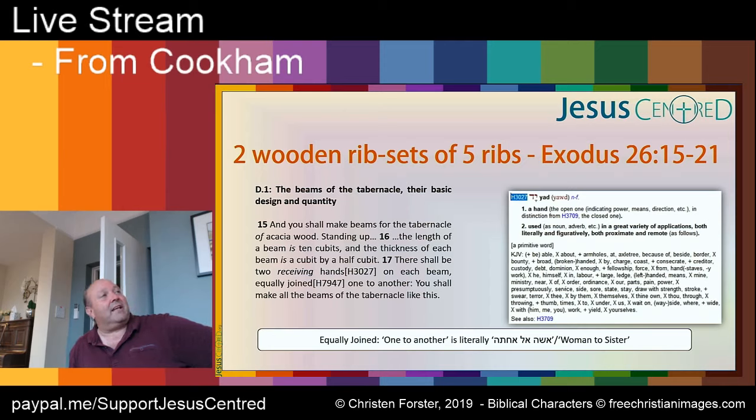Actually, the literal thing, which you'll see in translations saying things like "to one another", literally means woman to sister. So female hand is actually the literal thing: what we translate as one to another is woman to sister. So it clearly understands them in a female way, if I can put it that way. The Hebrew is really definite on that line. We're talking about a kind of female to female connection.